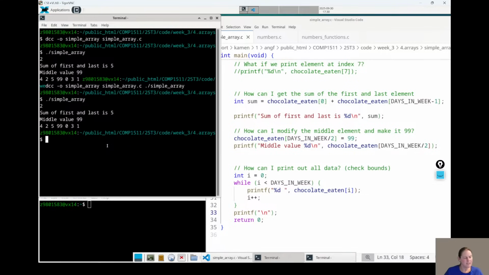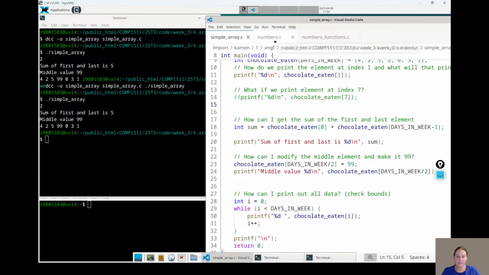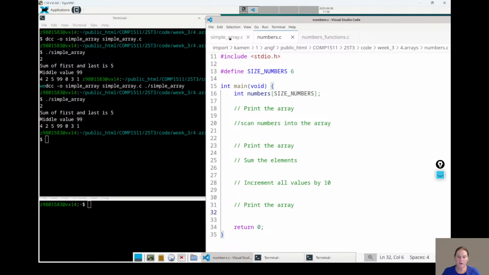Now, somebody said it's long and tedious to divide by 2. Yeah, it is in this situation. If we were writing some kind of function that always wanted to be able to get the middle value though, maybe it would be able to take the size of the array and always get the middle value back by doing it like that for different arrays. So it's sometimes interesting or helpful to see the general pattern with the indexes. But in this case, we could have just done that. All right. Now, hopefully these are the basics. Let's go and write a few more things. So we already know how to print the array.